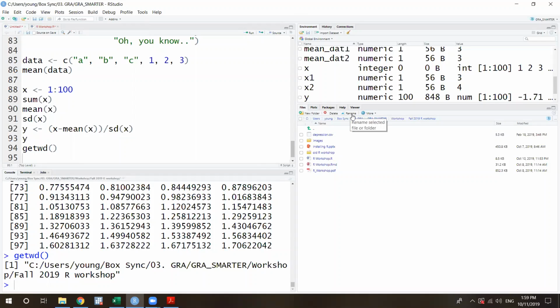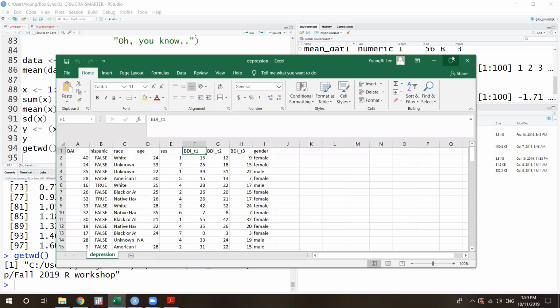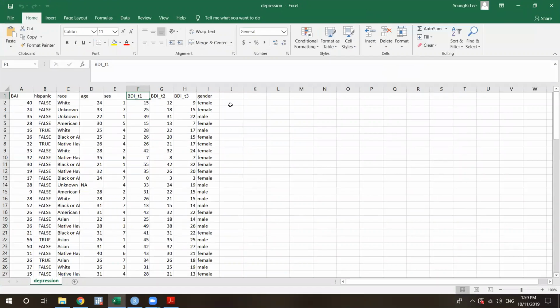Okay, most files that are used are CSV, and you can easily make a CSV file. For example, in Excel, this is actually already a CSV file, but I just want to show you.